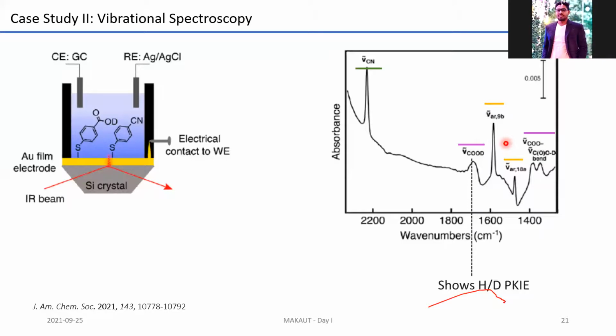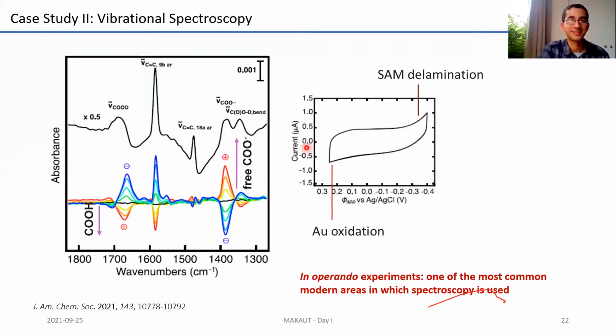Something more interesting that they did was that, again, apologies if this seems a little too complicated. What they've done is that they've applied potential to the system and they've studied the current. This thing is known as a voltammogram. It's a little bit of an esoteric thing associated with electrochemists. I'm an electrochemist, so I'll be trying to push this in one of the slides. But effectively what you do is you apply a potential and you look at the current in the system. Looking at the variation in current allows you to follow chemical changes that have been induced because of the potential that you've applied. So at these kind of positive potentials, gold gets oxidized, and at these kind of negative potentials,